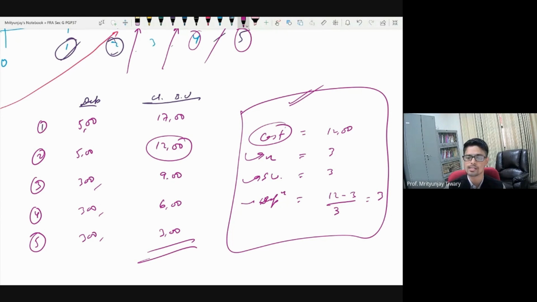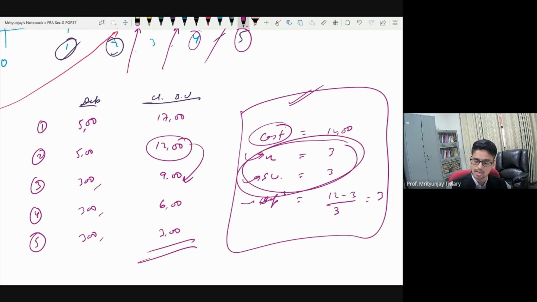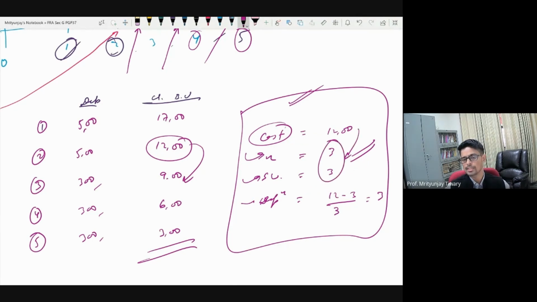Remember our consistency concept? This one is a deviation from the consistency concept. Consistency said that whenever you take any managerial discretion, apply it consistently year after year. Now here is the departure: earlier you thought something else as your N and something else as your SV. Now there is a departure. So give appropriate disclosure. Now this appropriate disclosure will vary. Sometimes all you need to do is explain it to your auditor, just tell them this is what we have done. Does it make sense? So the auditor will check that.